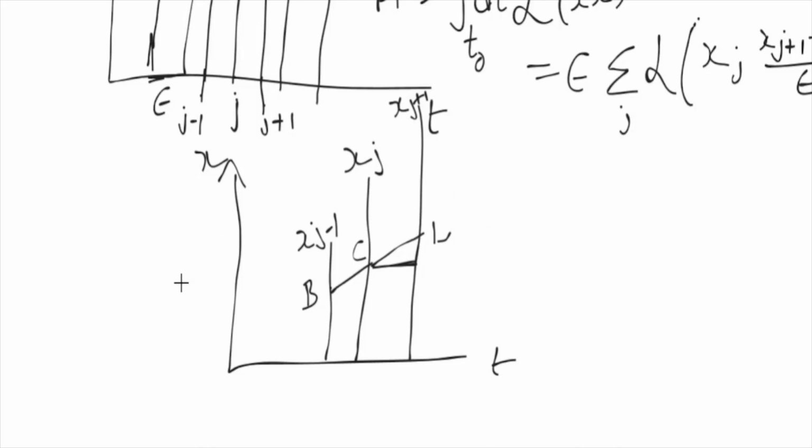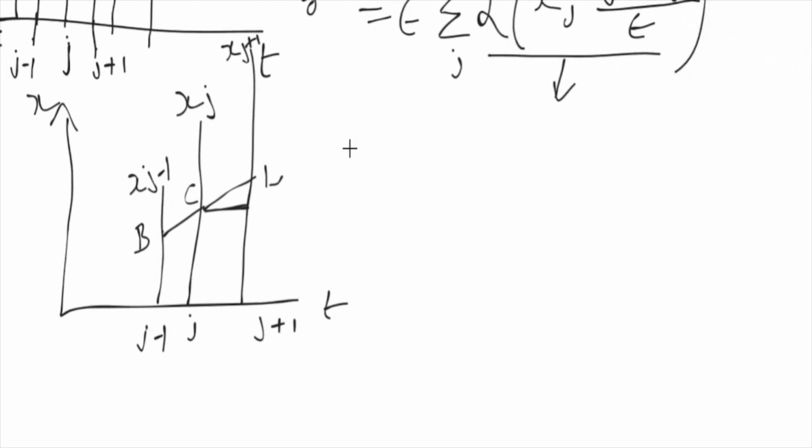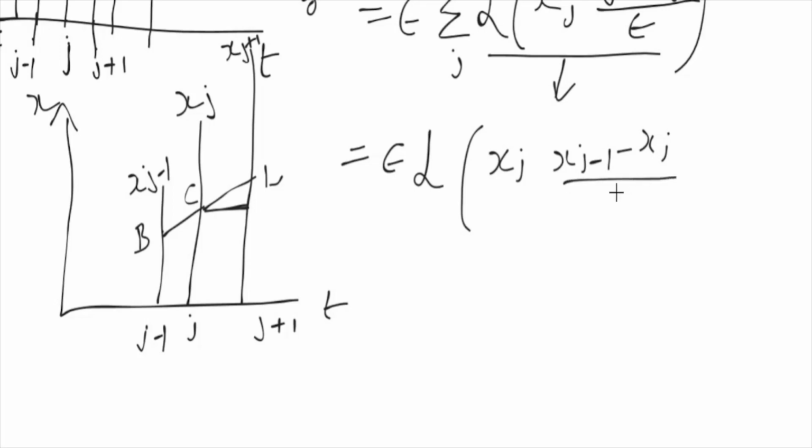So we are only interested in what happens when we change xj a little bit, keeping all other things fixed. This can be j minus 1, j and j plus 1. Now, how can you write the terms? This term will be divided into two terms. How can you write this term? This can now be written as epsilon Lagrangian xj plus 1 minus xj upon epsilon.